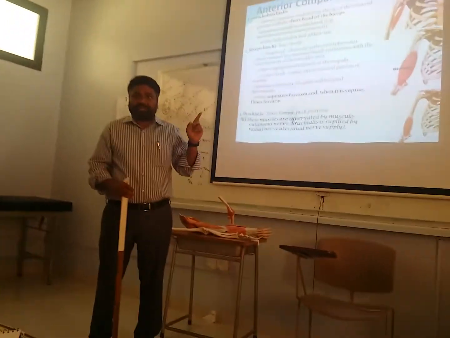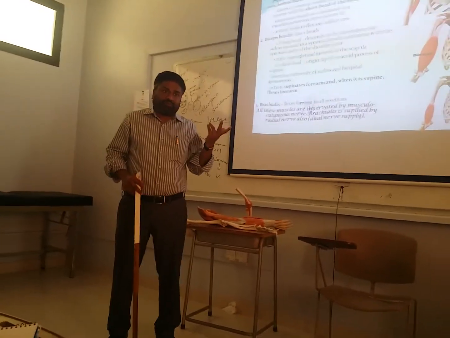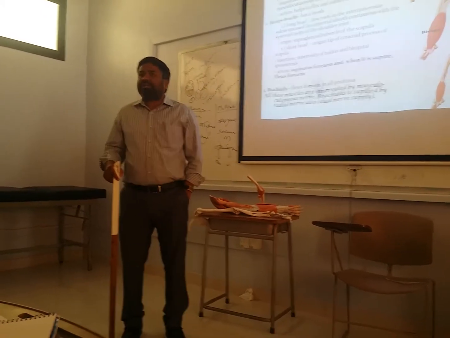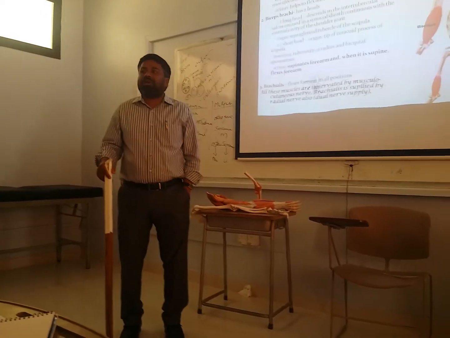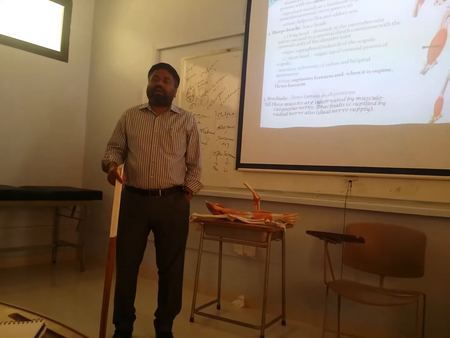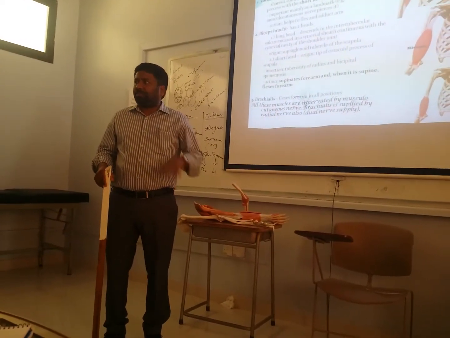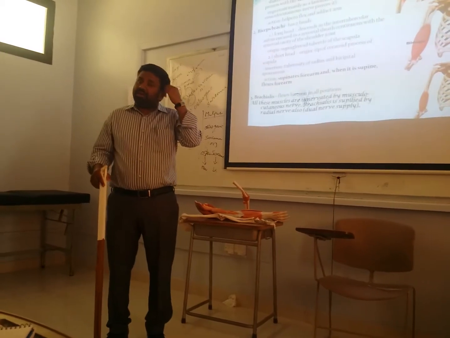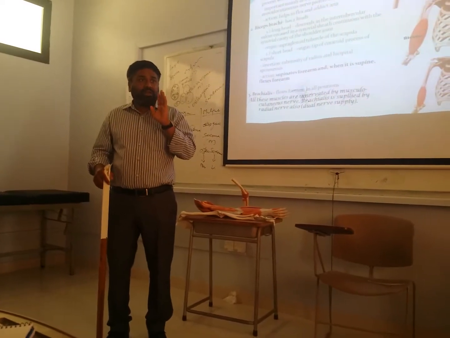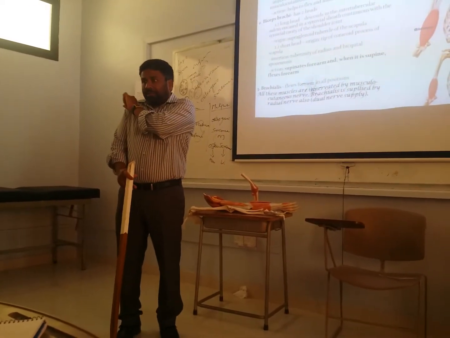Okay, very important again from the examination point of view. So which head of the biceps has intracapsular origin? Long head of the biceps. You all know one of the properties of a synovial joint: all the intracapsular structures are covered by synovial membrane, except the articular surfaces. Talking about intracapsular structures, you should know the properties of a synovial joint. Basics are very important. So this long head of biceps tendon is covered by synovial membrane.